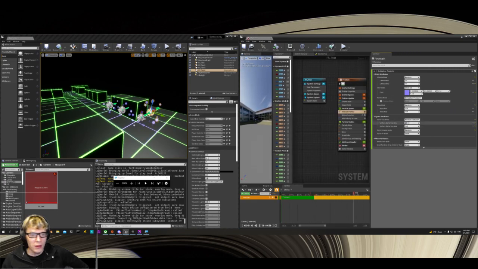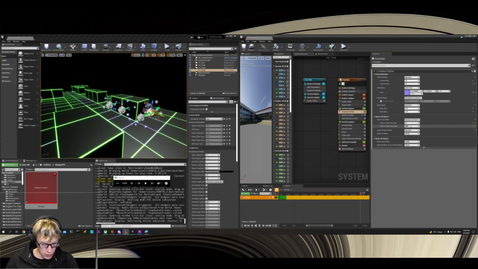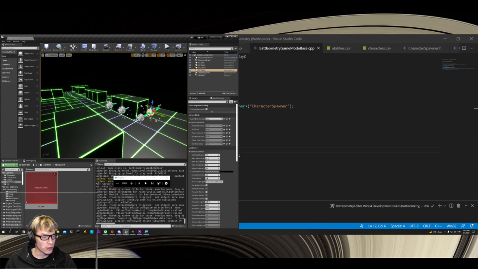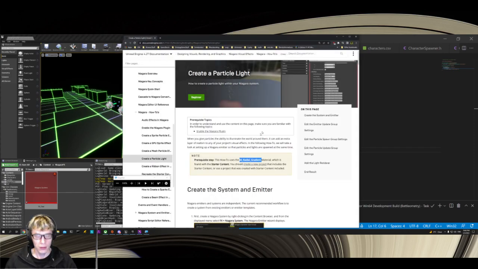Sprite size. So 15 seems way too big. Let's make it like 7. Make the small ones 1. Nope, 1 is way too small. 3. That's a little better. So if you're unaware what I'm kind of going for, let me pop open YouTube